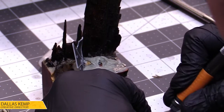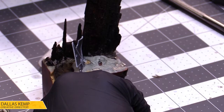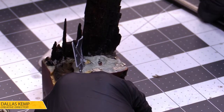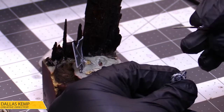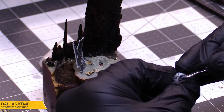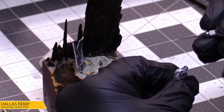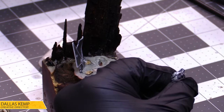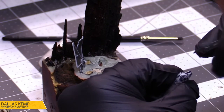Can you see it? Oh, I got a little knife. Oh, bring it up just a little bit. Where you want it? A little bit more. I think we can take a chunk out of...